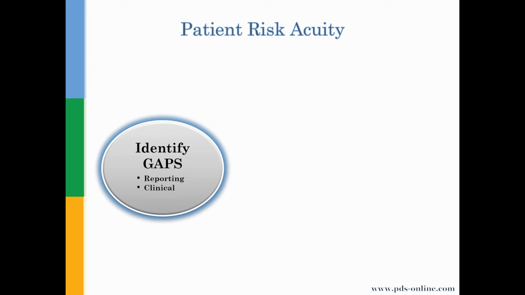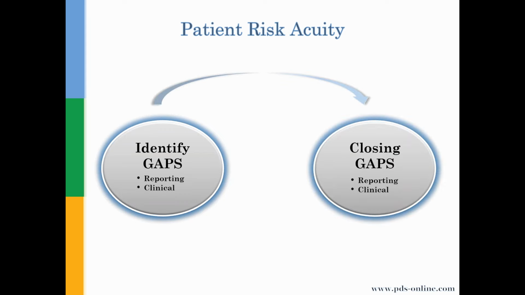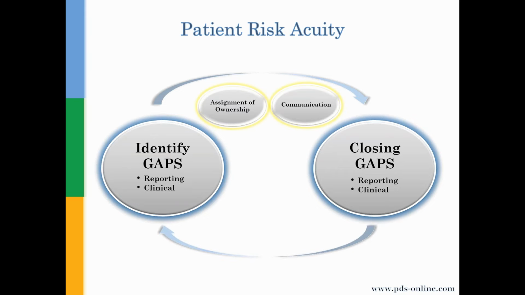And as you'll hear through the webinar today, there's really two main gaps we're going to see. Reporting gaps where we may have missed reporting correctly to the payers that are costing us in our revenue process, or clinical gaps where potentially the patient is due to be seen again and they don't have a visit, or they're due to come back for some care and maybe we don't have them scheduled to come back. So really then it's about identifying gaps and then working to close those gaps. And as you'll see, as we continue to repeat this process, closing the gaps allows us then to re-identify the new gaps that may have come up. And ultimately, it's about assigning ownership and communicating out who owns to make sure we have this process